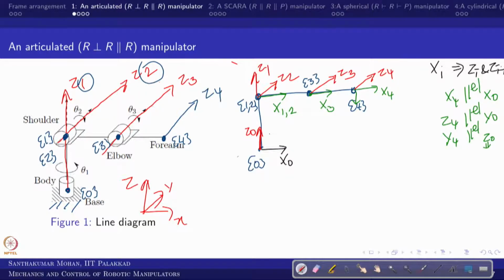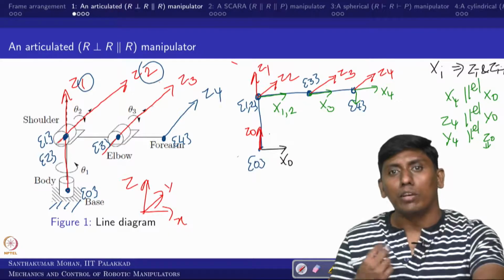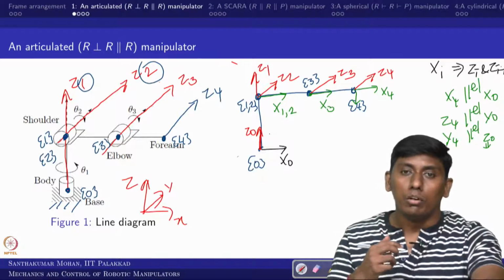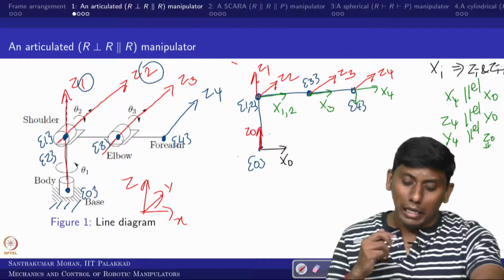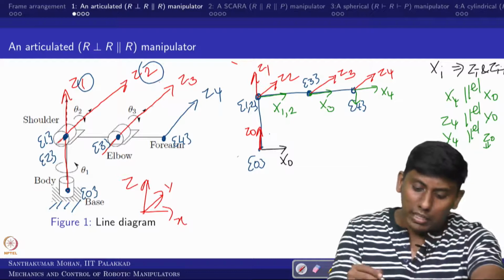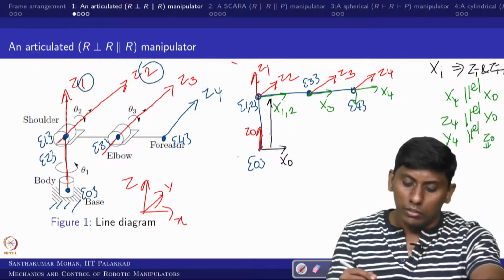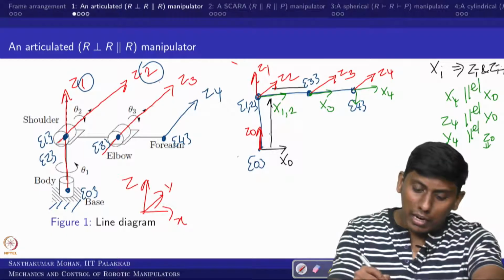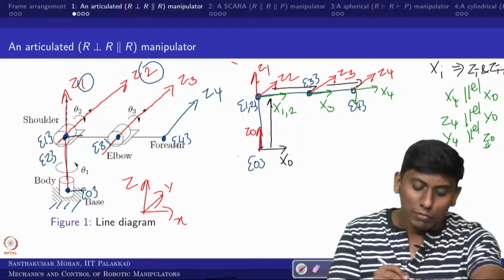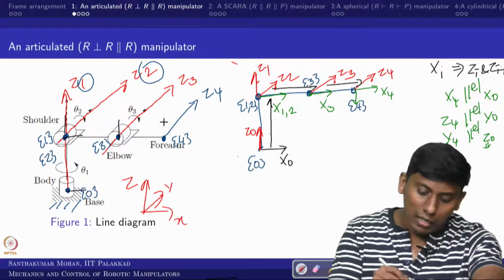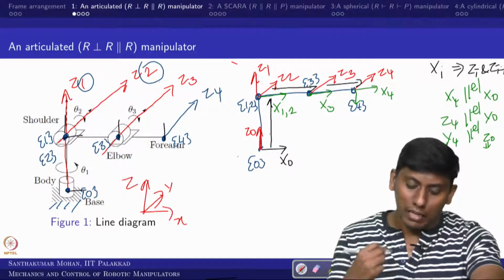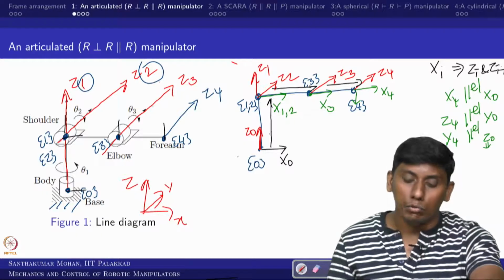Now we will come back and see what exactly we have done, which I am trying to show with a DH parameter. What are the link lengths and the geometrical parameters you can expect here? You can see that there is one length here, and another length, and another length, right. You can physically see from this to this there is a physical length, this to this, and this to this also there is a physical length. How we are naming that length is coming in a few seconds.